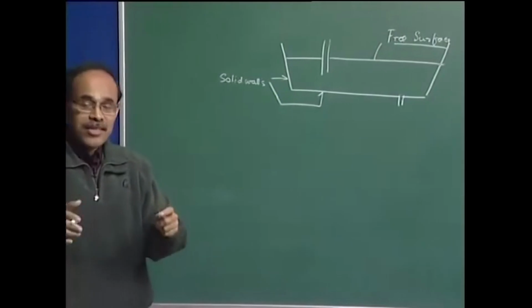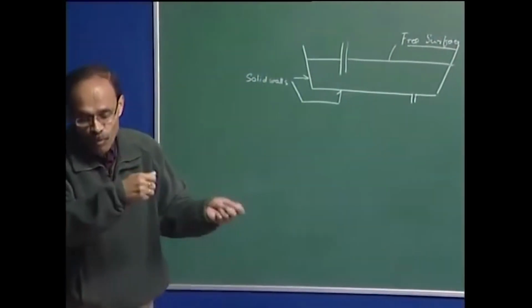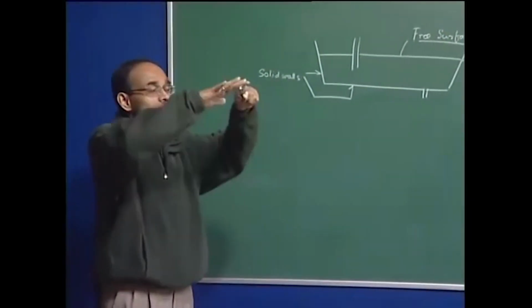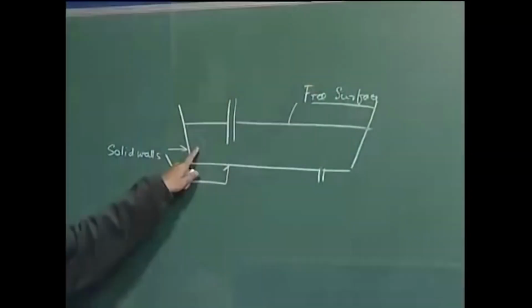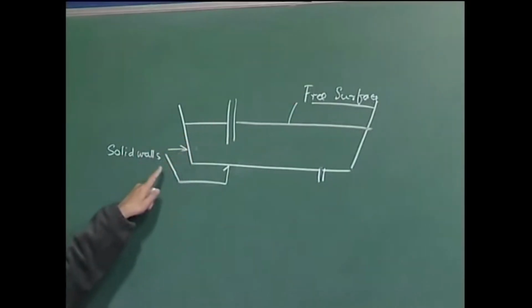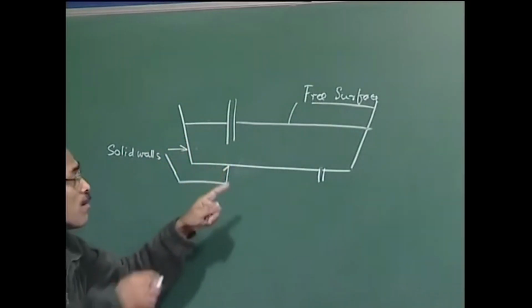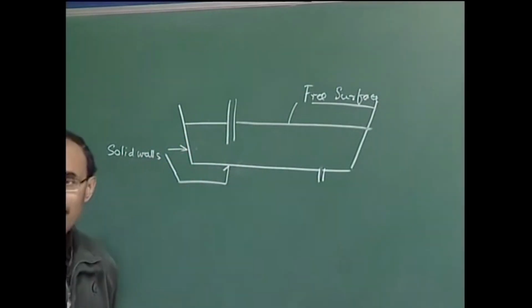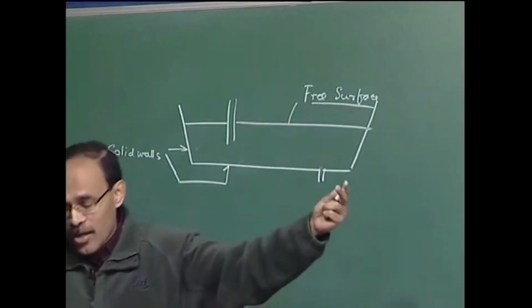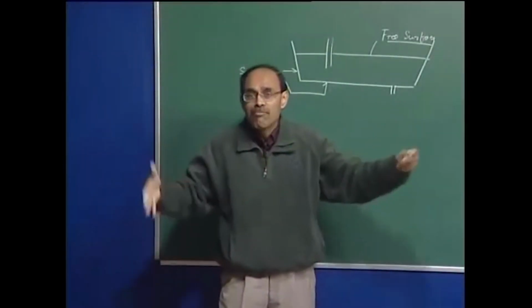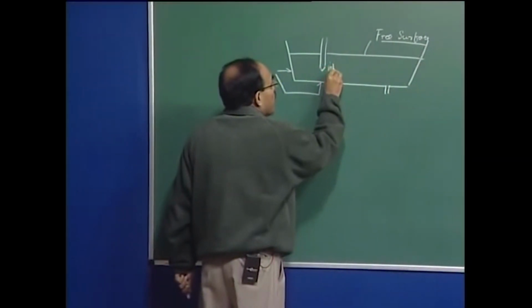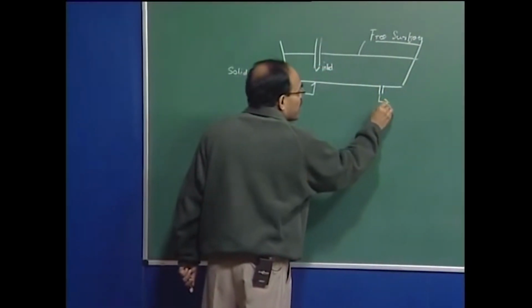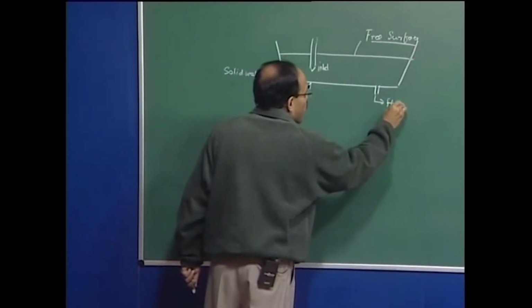So, here because these are all batch reactors, you sometimes pour molten metal, you take out. So, you have a metal ambient interface all the time. If you look at tundish, so this is the free surface, these are the solid walls. So, here in tundish you have a frontal solid wall, back solid wall, 2 side solid walls and the bottom solid wall. So, you have 5 walls and the free surface, and on top of that you have a flow inlet and you have a flow outlet. These are the general characteristics